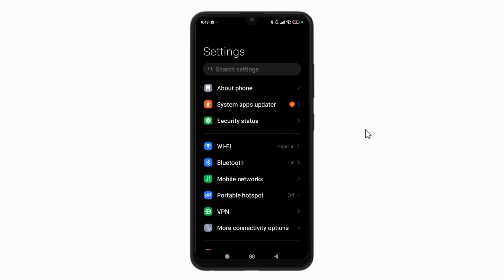Hi, today I'm going to show you how you can set up a work profile on Android. So first off, let's start from the settings of our phone here. Now from the settings of our phone, you want to go to the search settings here, and then you want